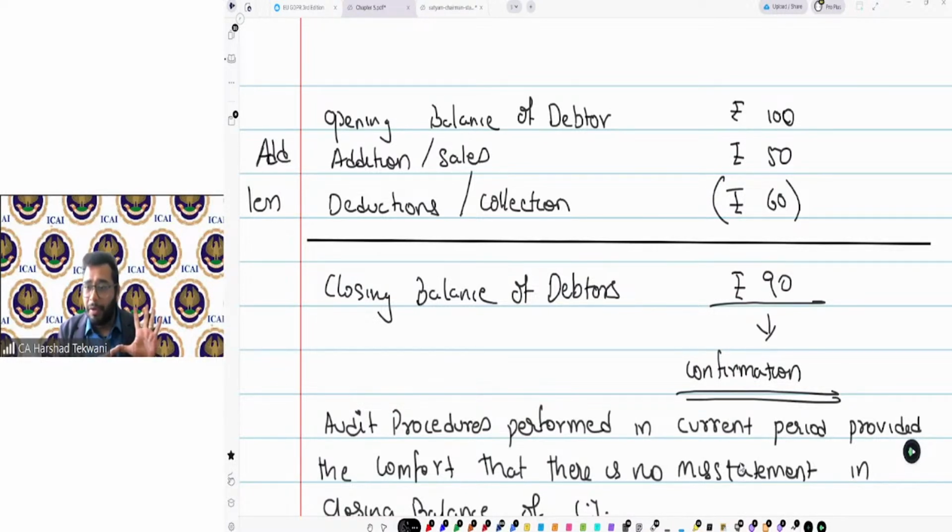Okay, accounts receivable confirmation. You can go for a confirmation of liabilities, like litigations. You can go for a confirmation for the secured loans, secured balances, liabilities, long-term loans. Sometimes also vendor reconciliation, vendor confirmations. So there are a lot of procedures available which can be performed in the current year itself to validate the current year balance, and that will give me comfort that my current year closing balance is not materially misstated.